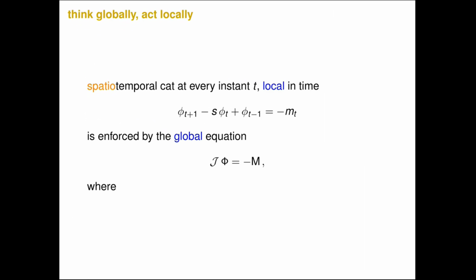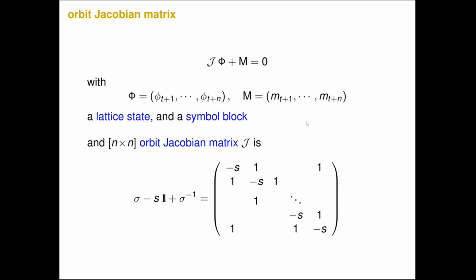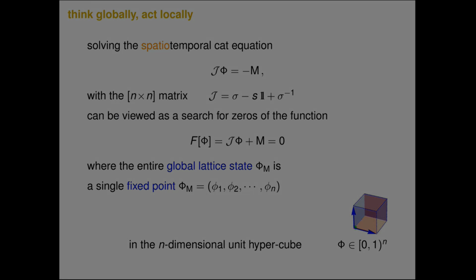So now think globally, act locally. This is the equation that we already met. There is the orbit Jacobian acting on fields following the vectors. But now this orbit Jacobian compares the neighbors, and if I look at the finite block, the neighbors are both to the left and to the right, above and below me, in future and past. And I solve it the same way. I find the points,